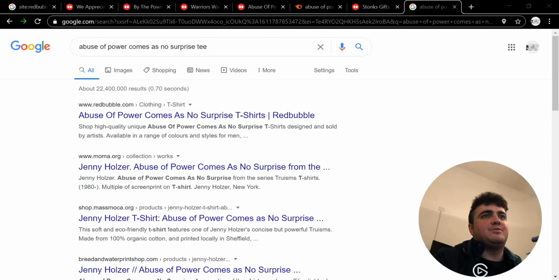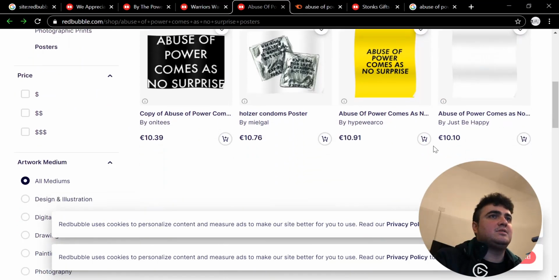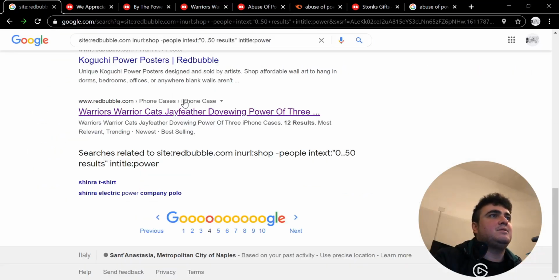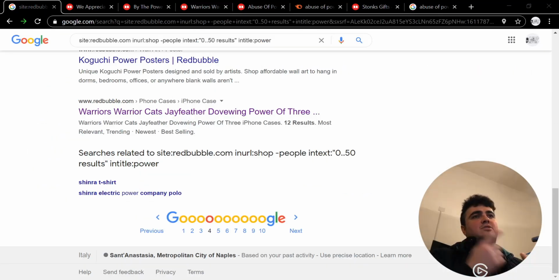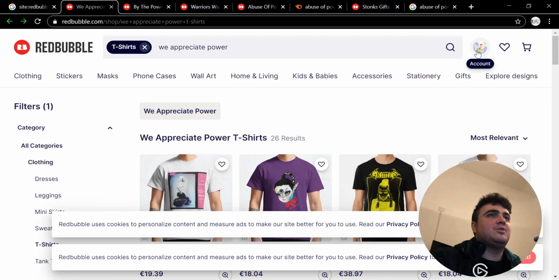So yeah, there's a free one for you guys. I'm sure you can make this design. It's pretty easy. It only has 8 results and it's evergreen. Okay, so to summarize: universal concepts, search operators, text-based designs, evergreen. You're gonna make money for the next few years. Put the effort in now, it will pay off in the future. That's what I've been doing on my fresh Redbubble account. I'm not going to show you it at the moment. That's for a future video that I'm working on, which is a challenge.